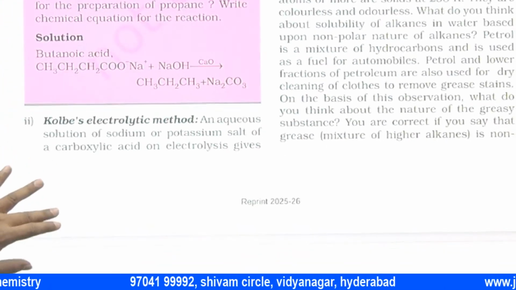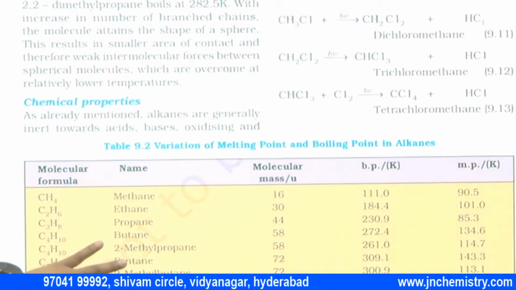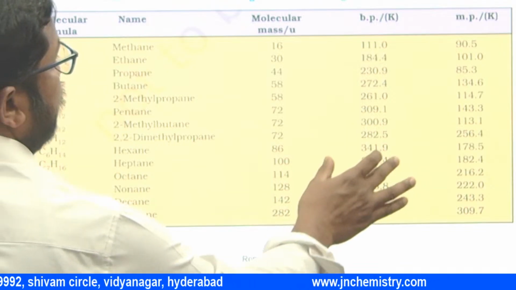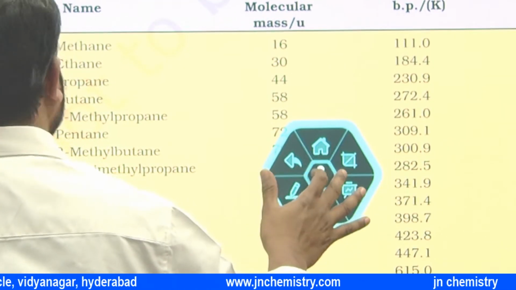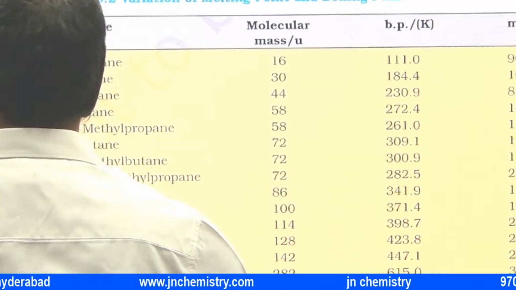Kolbe electrolysis, substitution reaction, halogenation, and alkanes, its melting points. I told you what I told. So even number of alkanes,